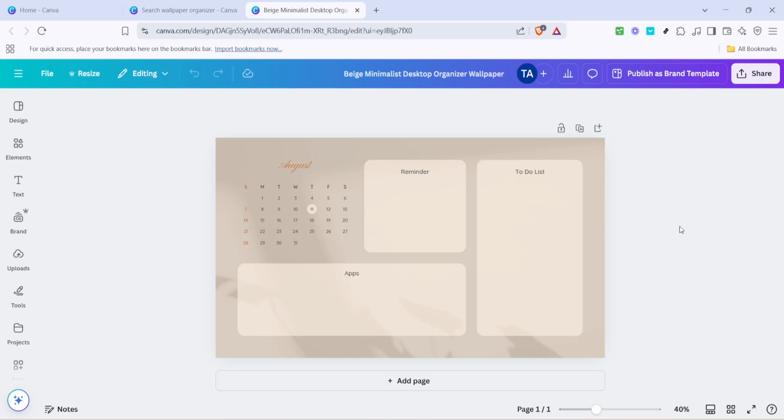Enjoy your newly organized digital space, and hopefully this adds a touch of efficiency and creativity to your daily computer